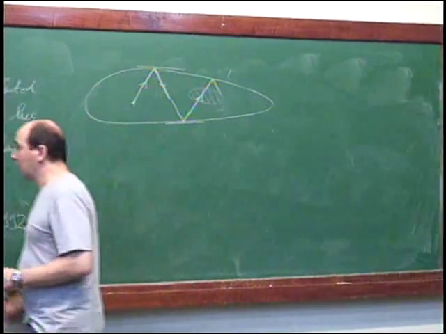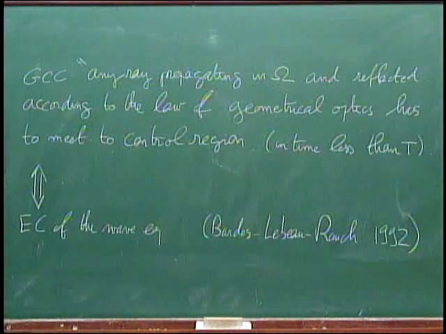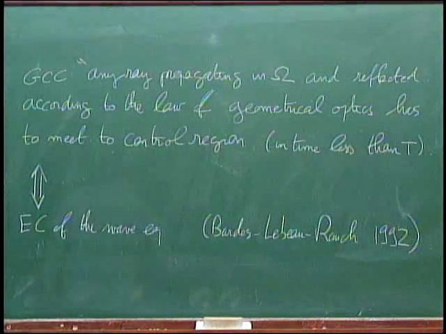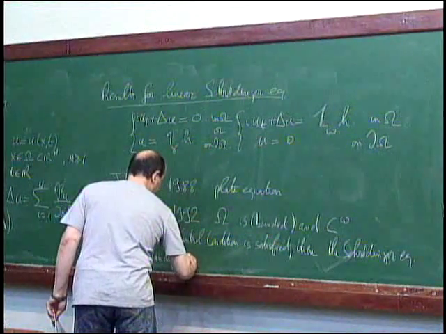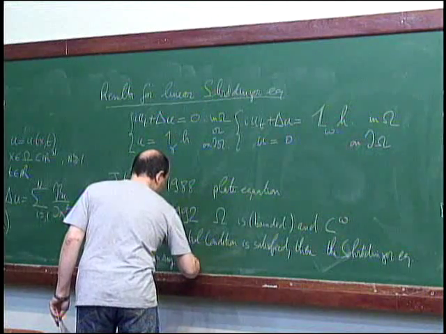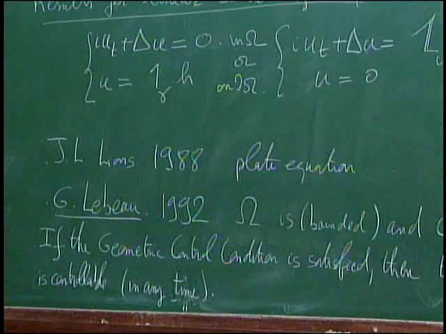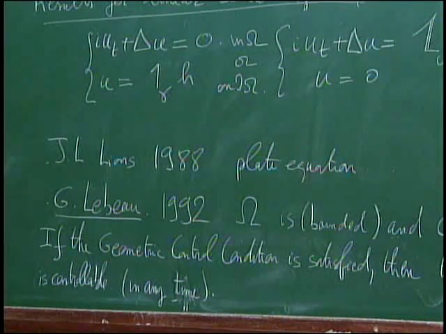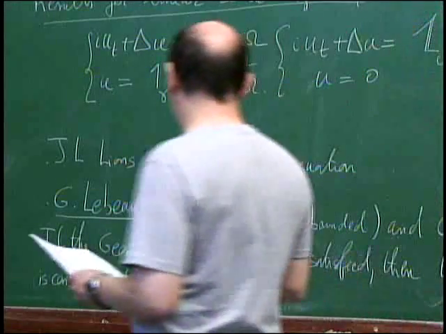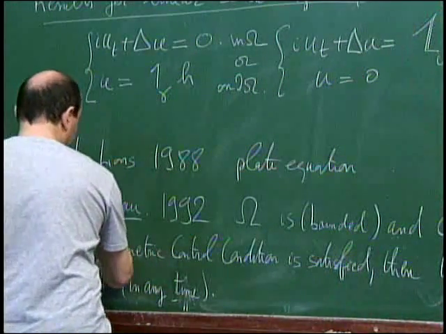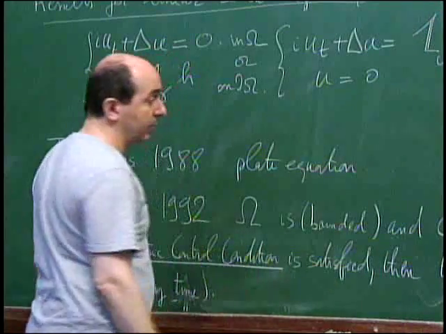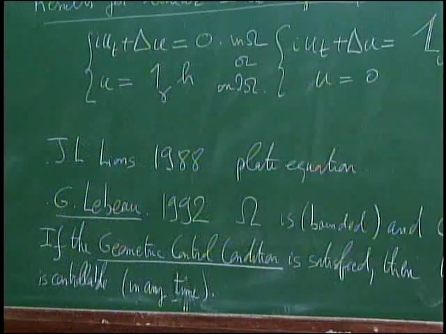And I should also add that this holds in small time, in any time, not in a time larger than t0. Okay. So it is a quite efficient result. We will see later that actually this geometric control condition is not necessary, and that's precisely the problem: we don't have, for the moment, a necessary and sufficient condition for the Schrödinger equation. Okay, so